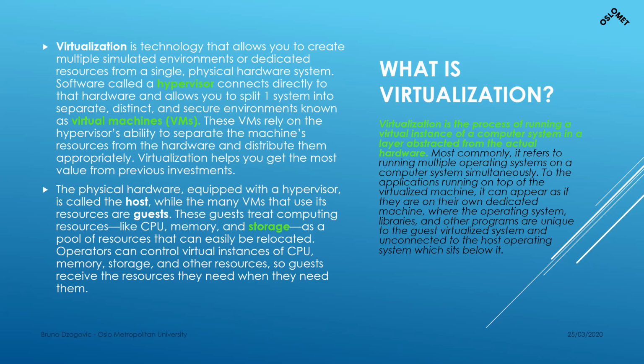It's nothing special to talk about too much when we talk about containers, but we have to see the differences between standard virtualization and container virtualization, and how it works on which layers. So in the normal virtualization, we have a hypervisor, which we don't have in containers. In containers, we have a container daemon or engine in Docker, for example. So the hypervisor connects directly to the hardware and allows you to split a system into separate environments, VMs, virtual machines. So the VMs, they are hosted on a host.